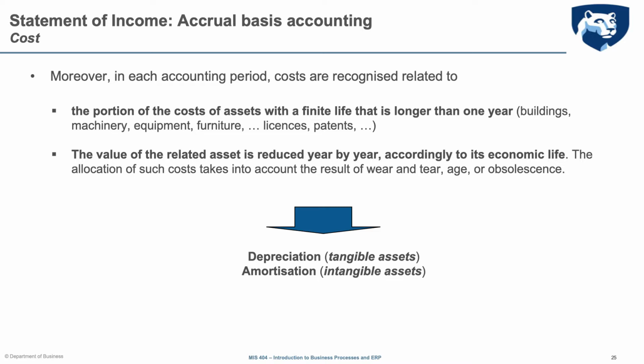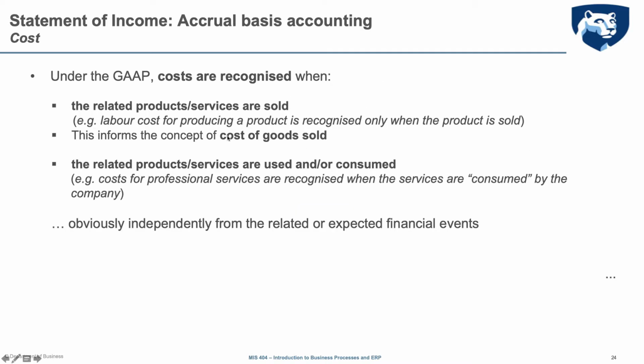Because again, outside the current costs used to produce goods, services, or whatever, when a company uses resources, these resources are recognized as assets, and the cost of the asset is allocated in the income statement according to the depreciation and amortization principle. So remember that you don't just have the cost of goods sold as the costs which are